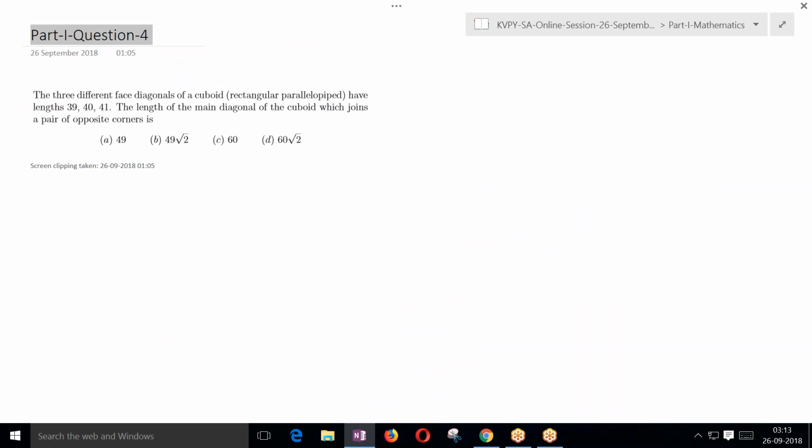In the next question, the three different face diagonals of a cuboid have lengths 39, 40 and 41. So if we assume the lengths of the sides of the cuboid as a, b and c, okay, that means, if I draw the cuboid here,